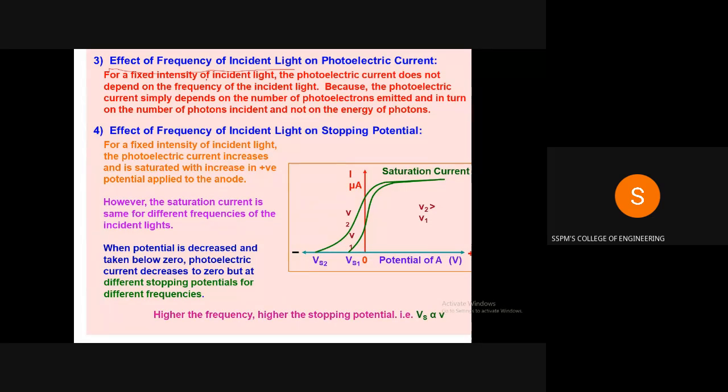For a fixed intensity of incident light, the photoelectric current does not depend on frequency of the incident light because the photoelectric current simply depends on the number of photoelectrons emitted and in turn on the number of photons incident and not on energy of photons. Because for a single photon, we have the equation E equals to h nu. And if n number of photons are available, then E equals to n,